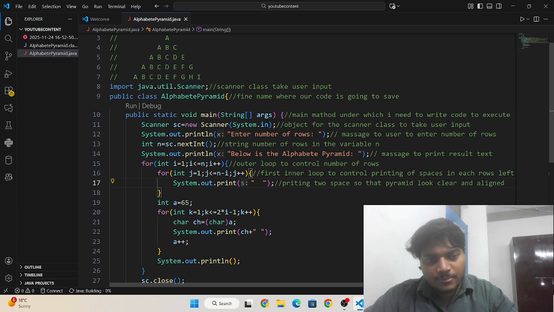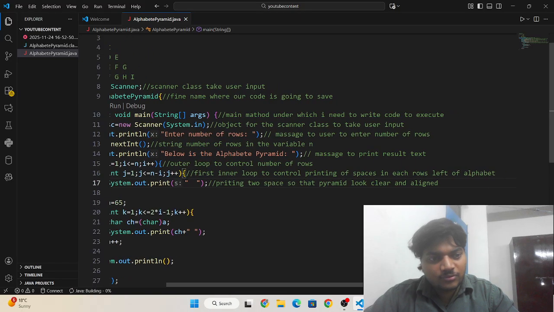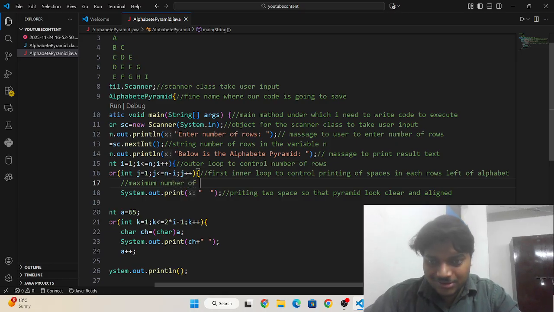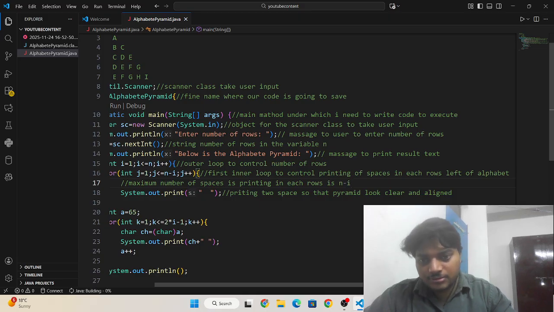Okay, and the maximum number of spaces printing in each row is n minus i. Okay.